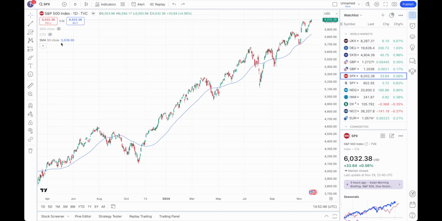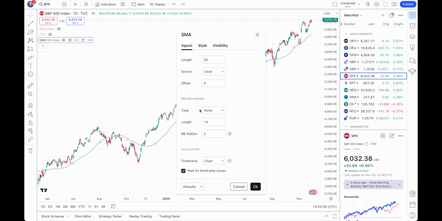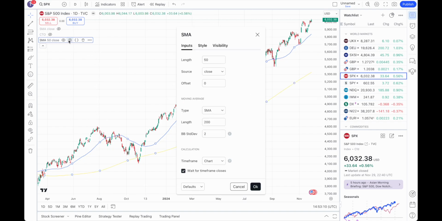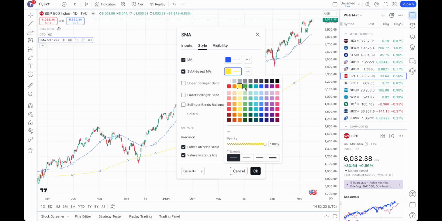And I'm going to set it and show you. So I'd go on the settings over here, and here I would select the SMA, which is the simple moving average, and I'd make this one the 200, and I'd press OK. I'm just going to change the color so it's easier for you to see. So I'll press settings and I'll change this to green,